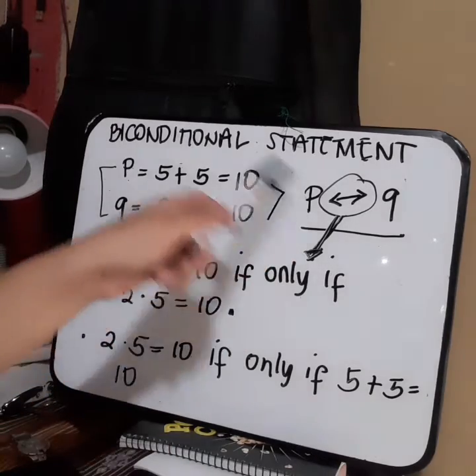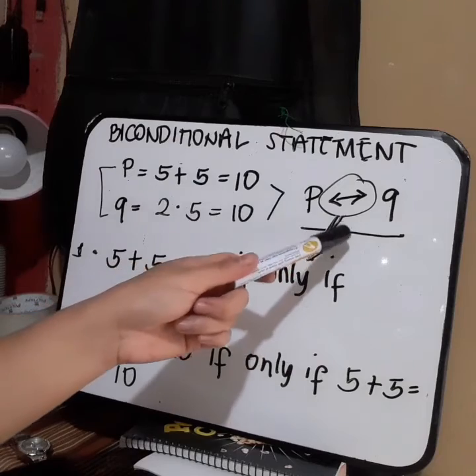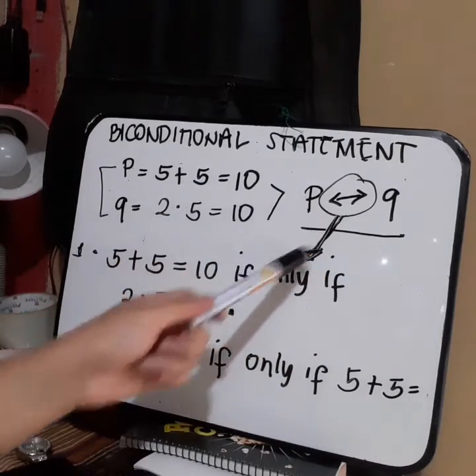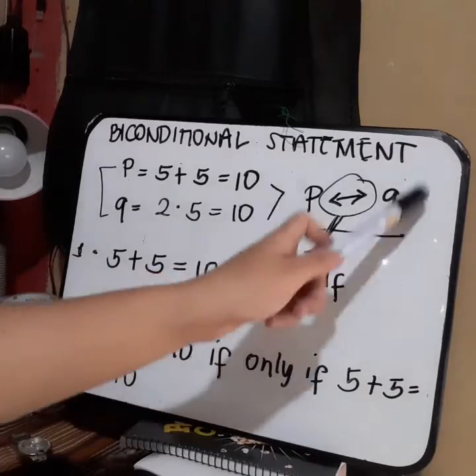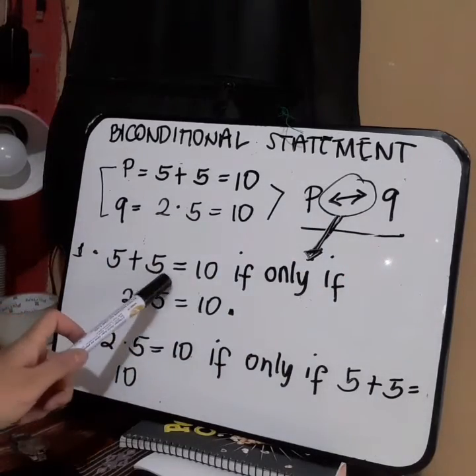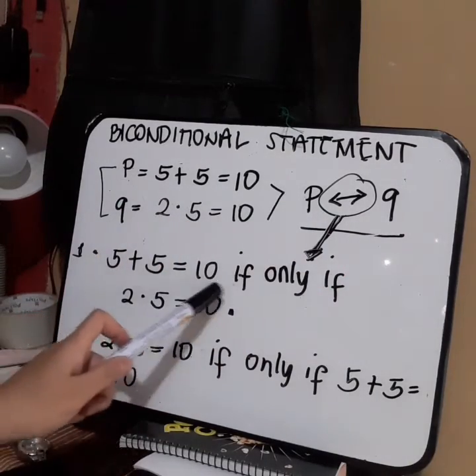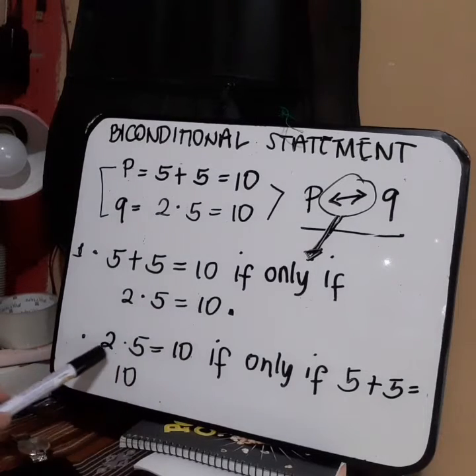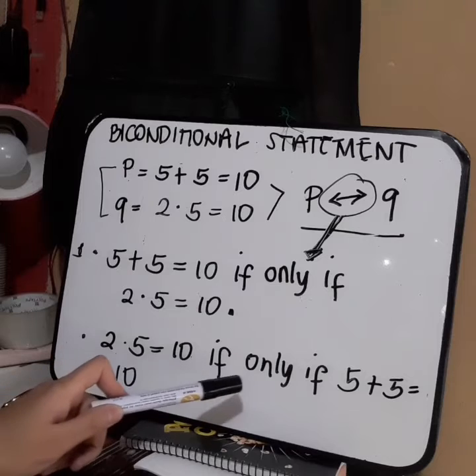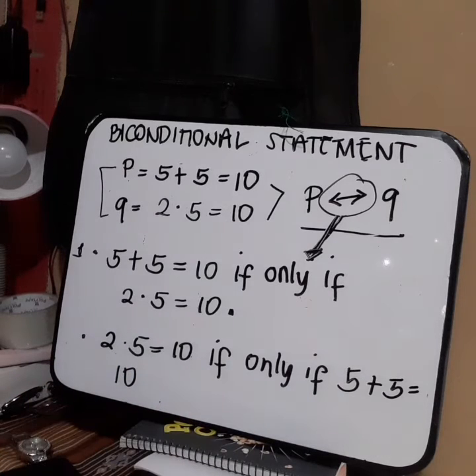Here we do have the formula P if and only if Q. So how do we read this form? 5 plus 5, which is the P, equals 10 if and only if 2 times 5 equals 10. Same if we do it in reverse: 2 times 5 equals 10 if and only if 5 plus 5 equals 10. So this is what we call